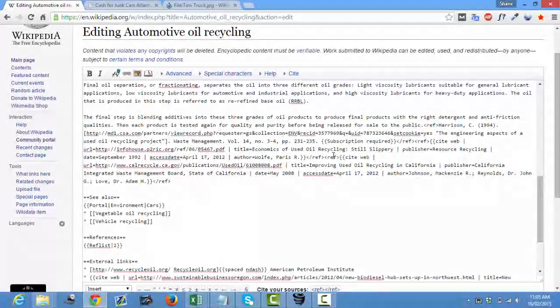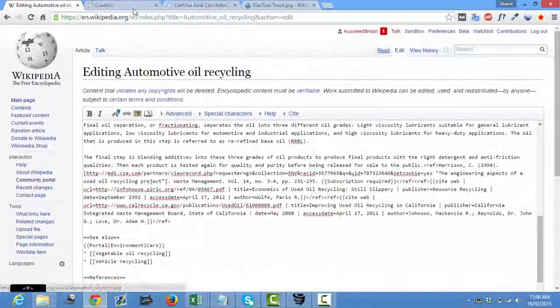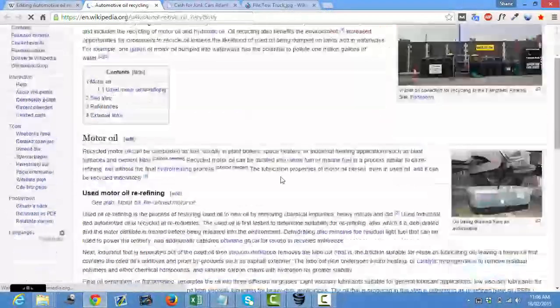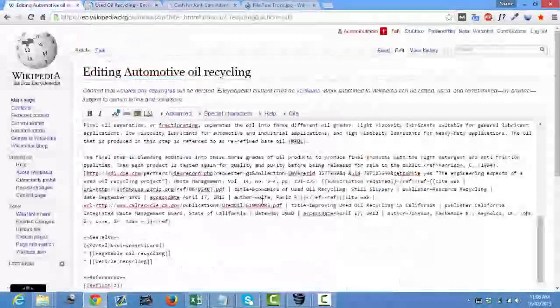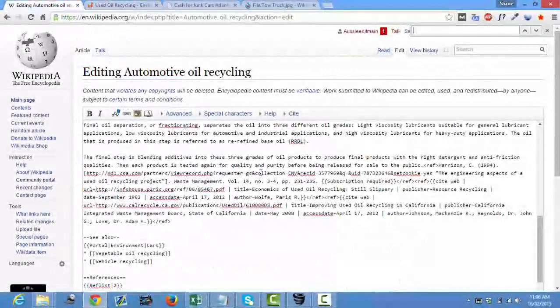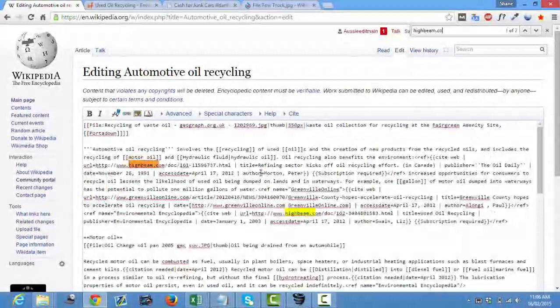Used oil recycling. highbeam.com. highbeam.com.